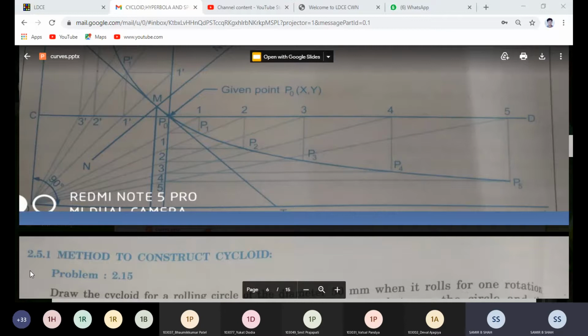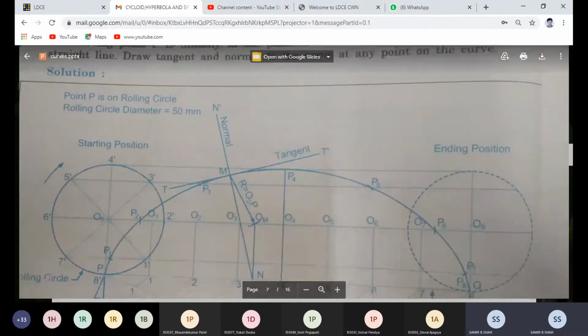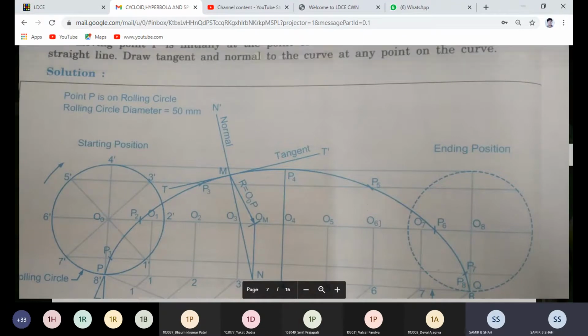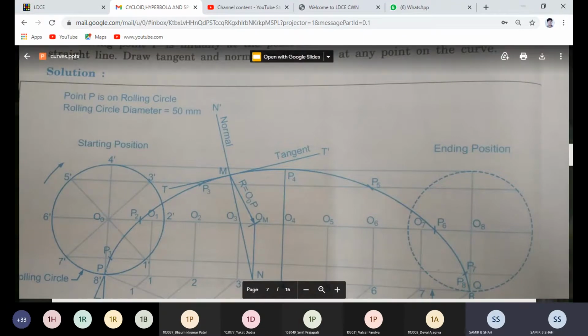We know that the cycloid may be generated with, suppose I have a coin. If I put that coin on a horizontal surface, and I assume that the surface and the coin are in point contact, and I start to roll this whole circle or coin one by one,